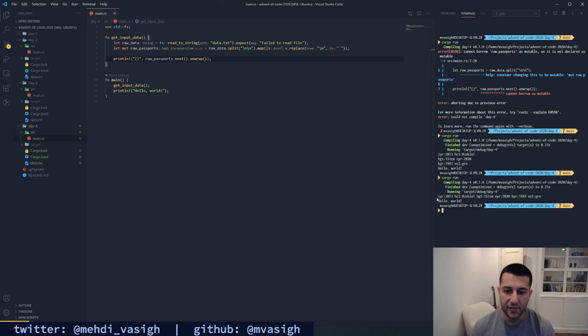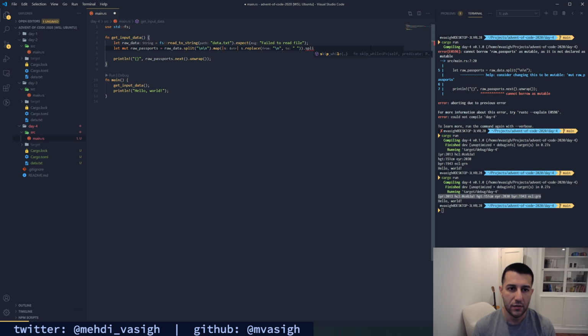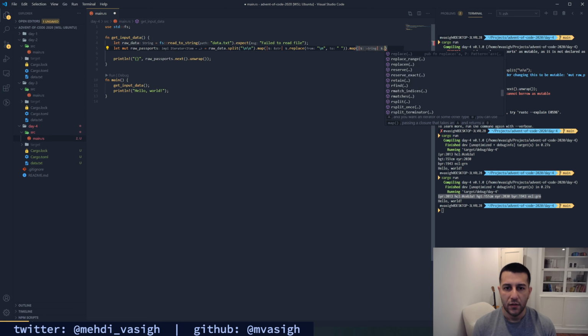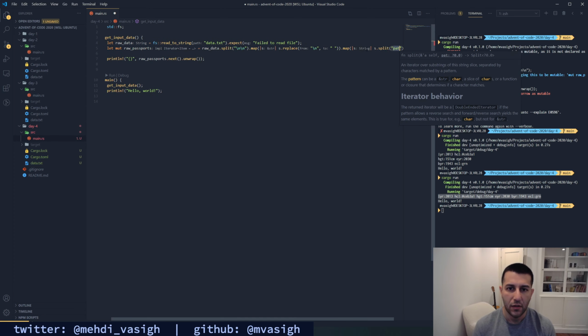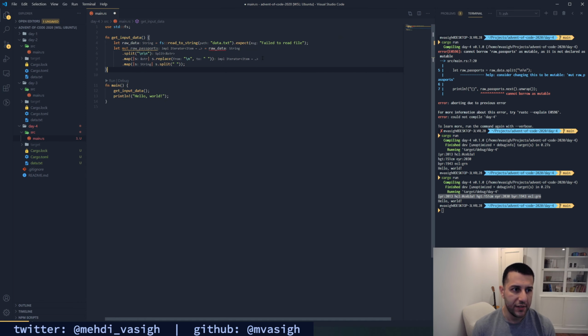Now it's super easy to just split this, by white space, which is exactly what I'm going to do. Not skip, but split. Oh, I don't know actually if I can do that. Oh, well, this is the iterator, right? So I would have to do map string s split space. Wonderful. And format this.